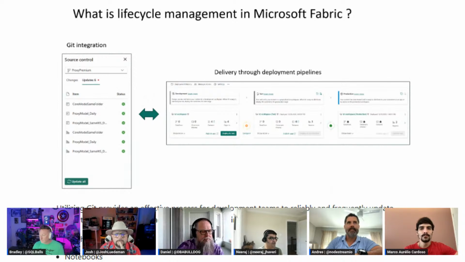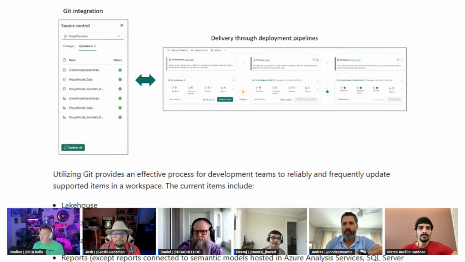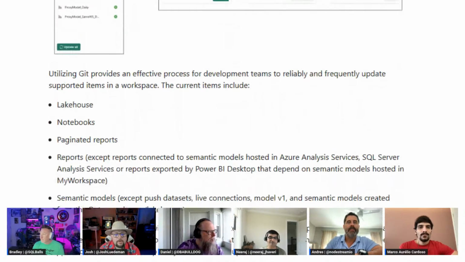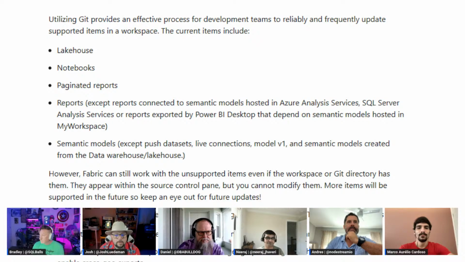But right now it's showing you step by step how to create a Git integration and then how to integrate your pipelines along with the Git integration part of it. So definitely something to try out. I'm sure Brad would jump and create a video right away. He has a great series of the Git integration, so this would be another one for Fabric.